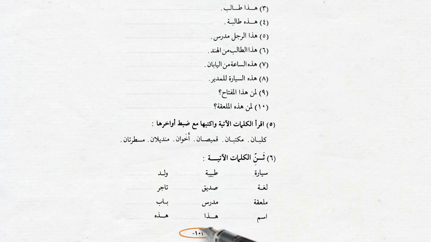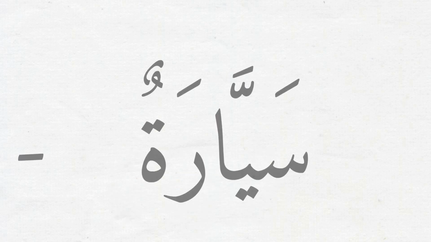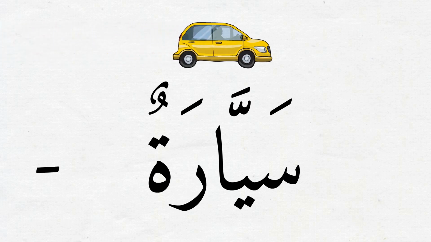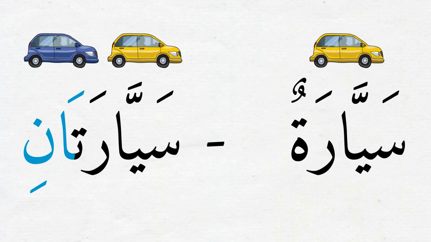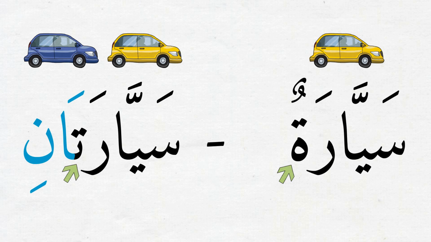Now let's open page 103 of the book and practice converting the given al-mufrad ism to al-muthanna forms in exercise 6. The first ism is sayyaratun, a car. How do we say two cars? Two cars in Arabic is sayyaratani. Notice here the ta marbuta in the singular form opened up to become a normal ta. If you don't remember the difference between ta marbuta and the normal ta, I suggest you revisit our video for lesson 4 and part 1. So sayyaratun in singular form became sayyaratani in dual.